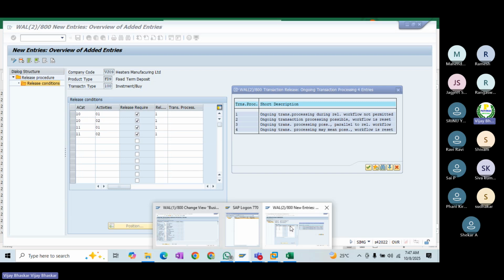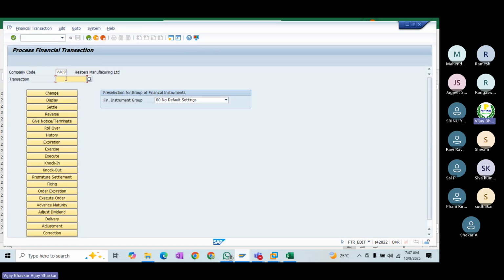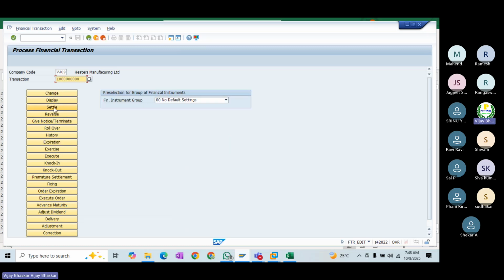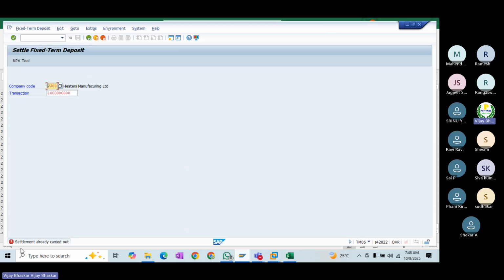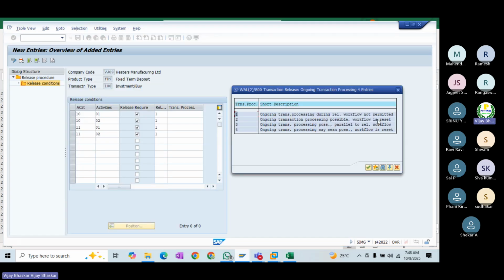Let me show you here. So if you have any deal here, see now, settlement. If you have anything in the settlement already carried out, but at the time of not permitted, the system does not allow you to, since that requires a workflow.